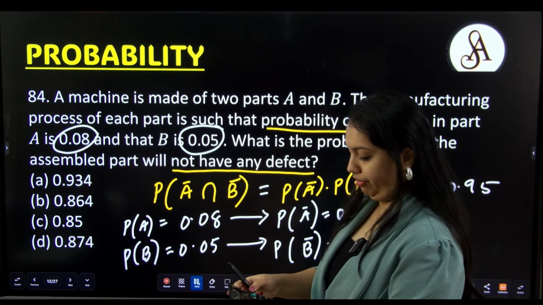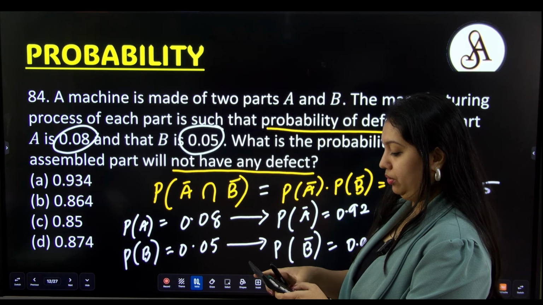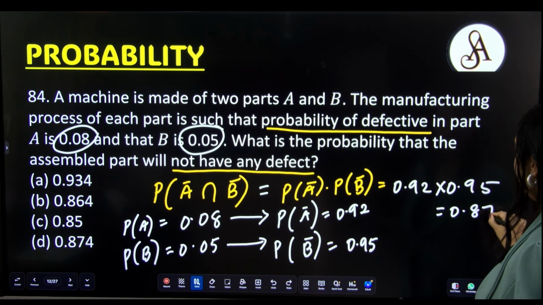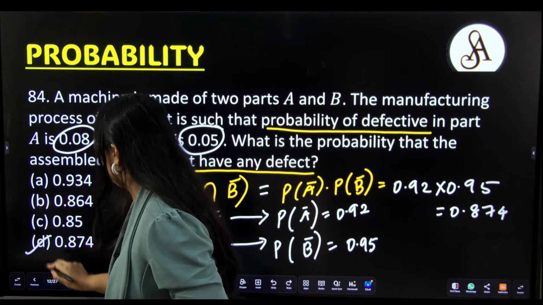Let's do it on the calculator. I feel it should be option D. 0.92 into 0.95. Yes, option D. 0.874. Next,